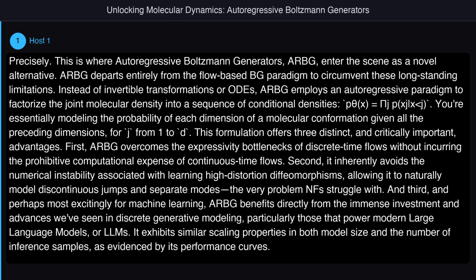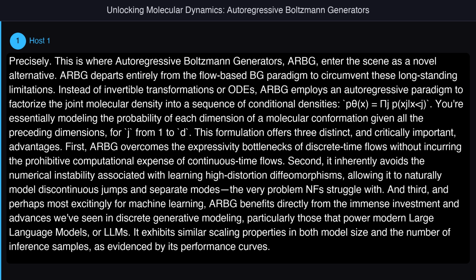ARBG departs entirely from the flow-based BG paradigm to circumvent these long-standing limitations. Instead of invertible transformations or ODEs, ARBG employs an autoregressive paradigm to factorize the joint molecular density into a sequence of conditional densities, p_theta(x) equals the product over j of p_theta(x_j | x_<j). You're essentially modeling the probability of each dimension of a molecular conformation given all the preceding dimensions, for j from 1 to d. This formulation offers three distinct, and critically important, advantages. First,